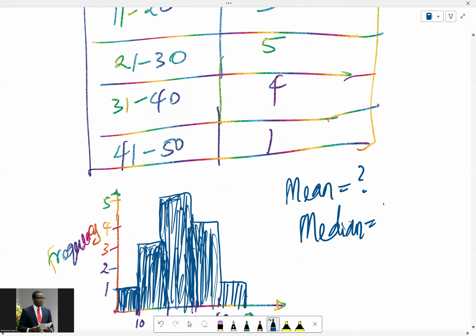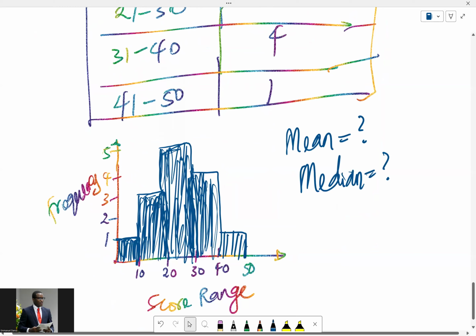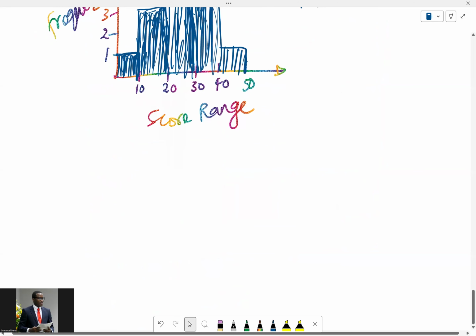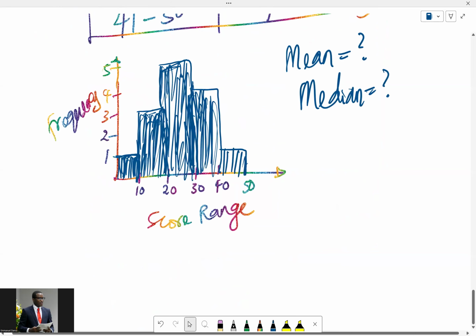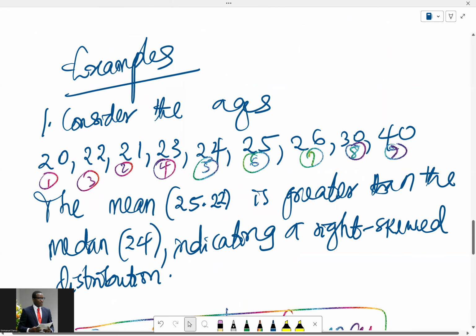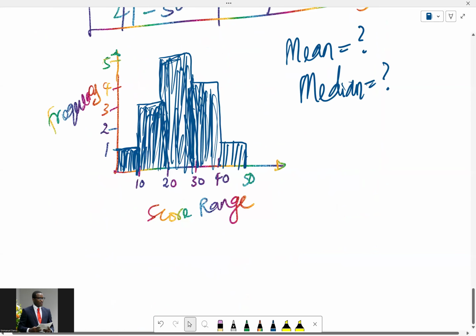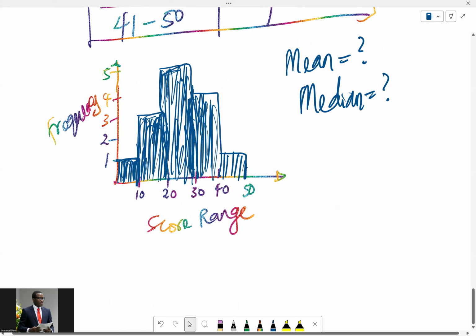Whatever that is, you can decide. And we've done this a couple of times, so I'm not talking about that again. So here, in the other case, the mean was greater. Here, from even the distribution itself, if we look at it, it looks like it's skewed to the